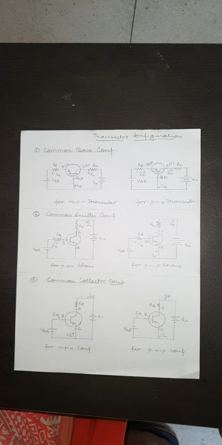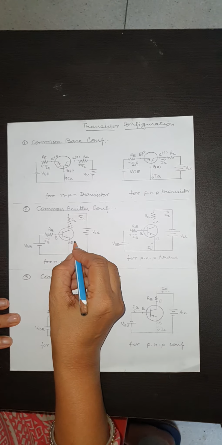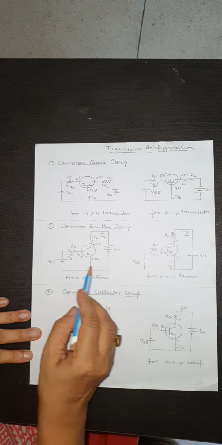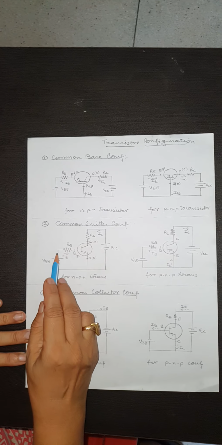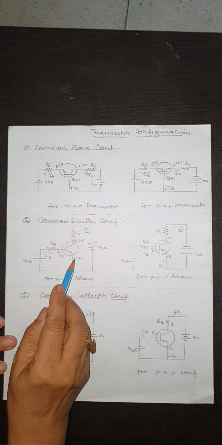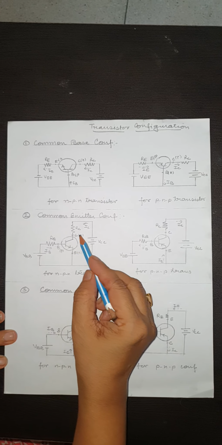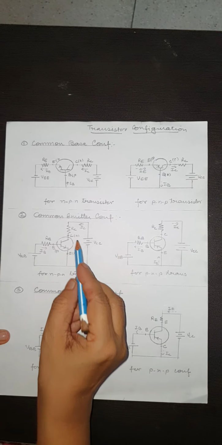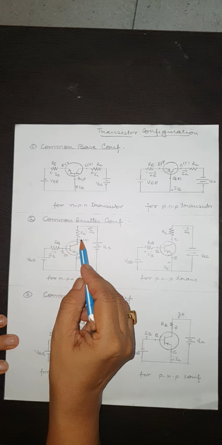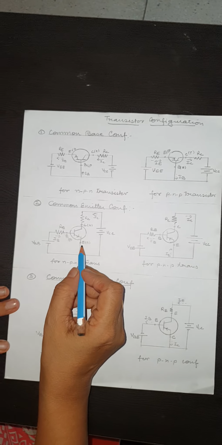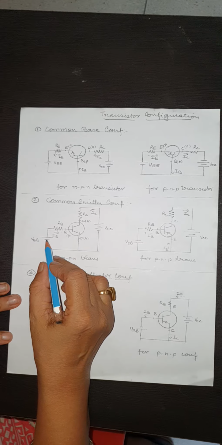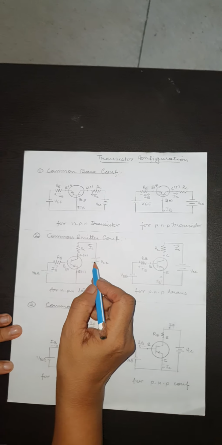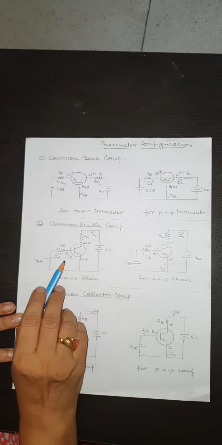In common emitter configuration, this emitter is N type, collector is N type and base is P type. Emitter N is connected to negative, base is P type, P is connected to positive, means emitter base junction is forward bias. Collector is N type connected to the positive, where this P type is connected to negative, means collector base junction is reverse bias. In short, we can say that when emitter is connected to negative, base is positive and collector is more positive. This is another rule for checking the biasing of circuit.